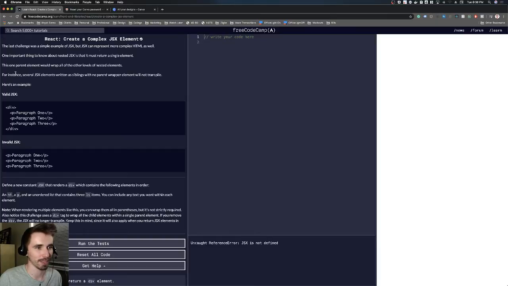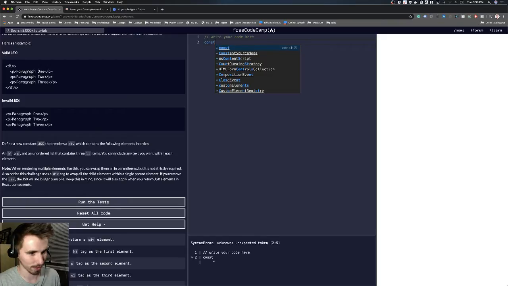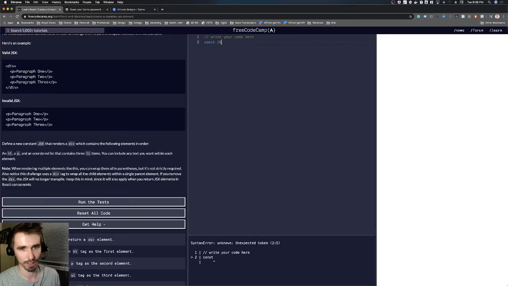Create a complex JSX element. Define a new constant JSX that renders a div which contains the following elements in order: an h1, a p, and an unordered list that contains 3 li items. Okay. Good to go. So create a new, did it tell me what they want it to be? New constant JSX